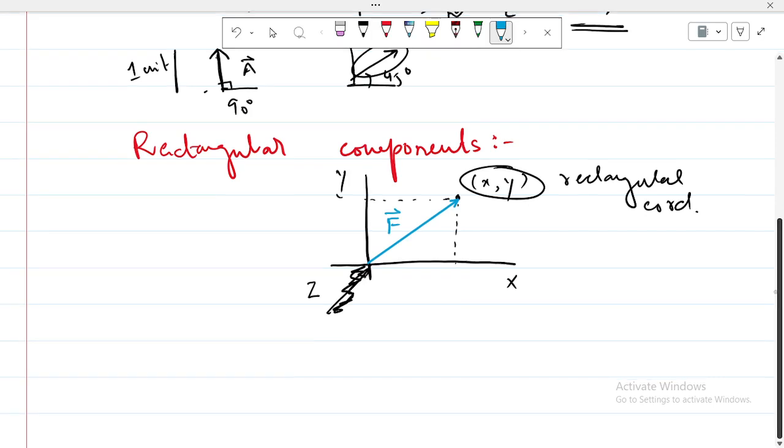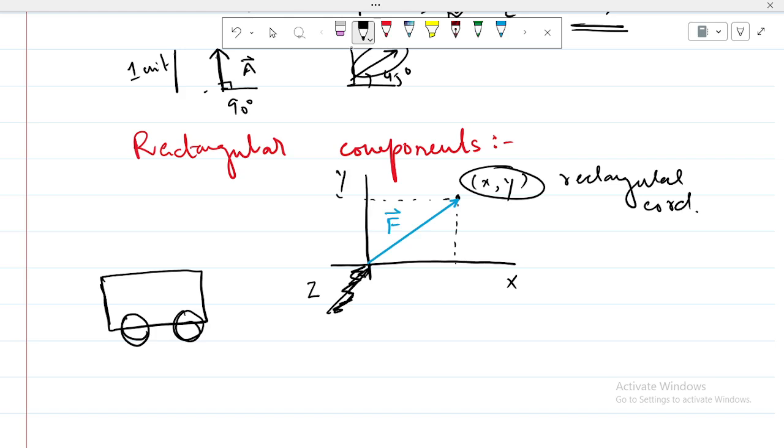Let's take an example to really understand कि what do the components of a force vector or any vector mean. So for example, let's take an example of a cart. So we have this cart and we were actually trying to push it by applying a